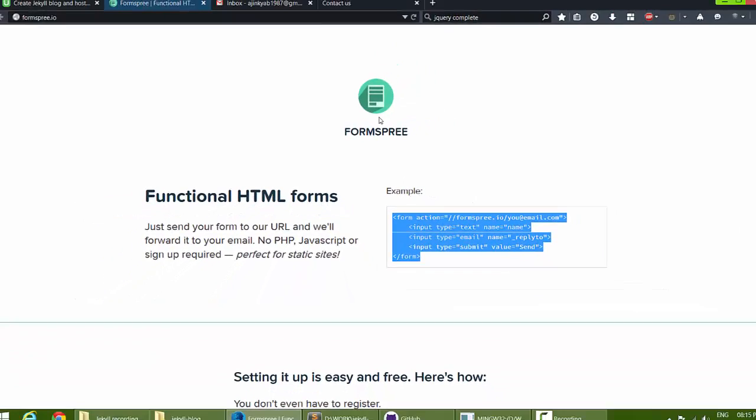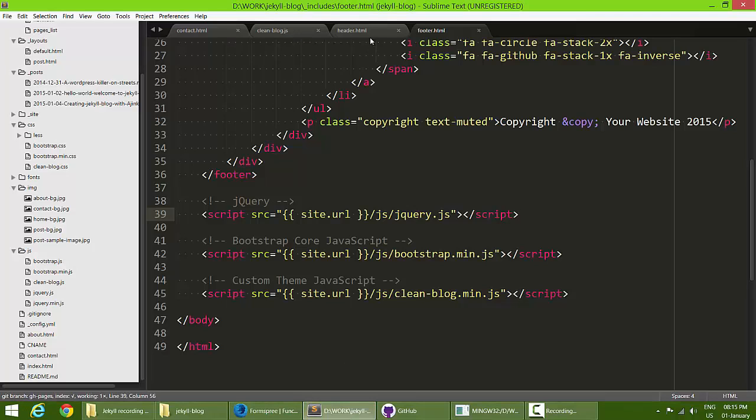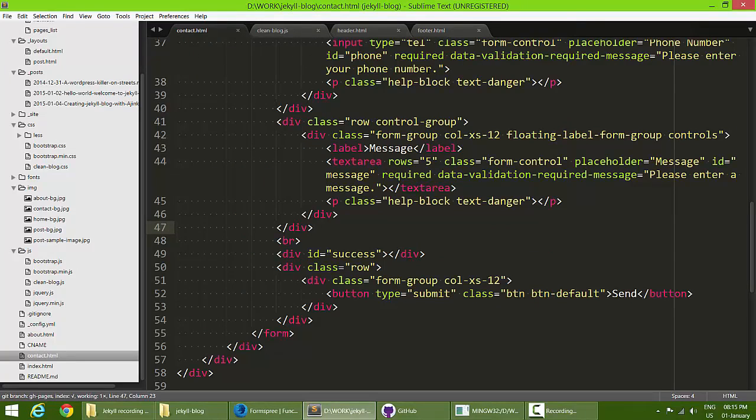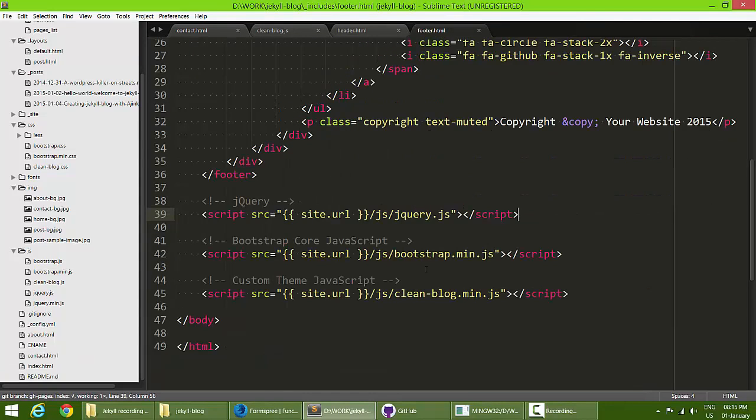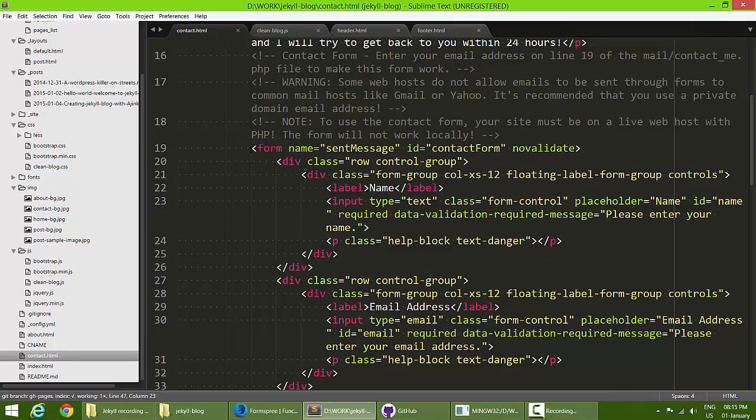So let's get started. Before we start with the contact page, contact.html, I'll go to footer, and if you look over here, clean-block.js is linking to a minified version. Why I'm changing this is, if you look at the contact form over here, it doesn't have any action.